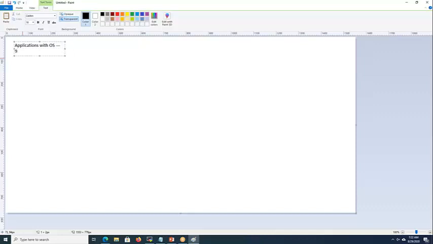Around 90% of the data coming to Splunk is from these application servers deployed on the OS, which can be Windows, Linux, or whatever. Splunk can ship this data to the indexer.